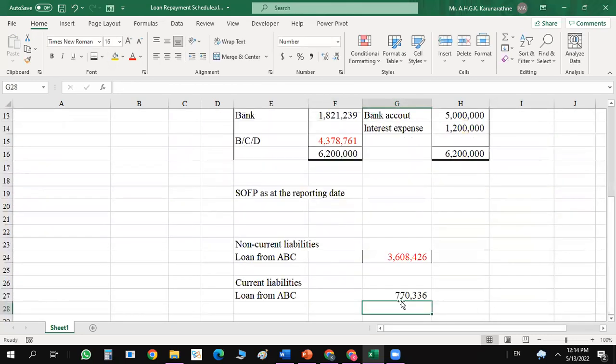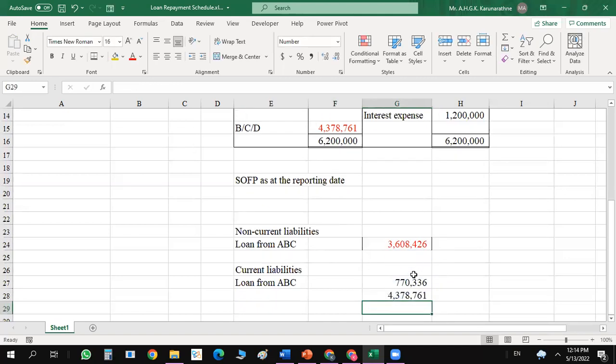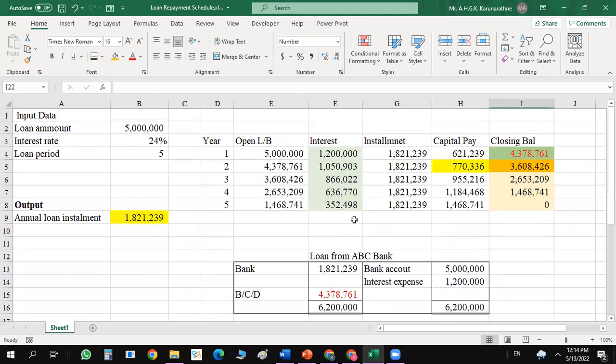Right, that's all. And if you want, you can get the sum, it's very clear. The sum is exactly equal to your total liability. So this is the advantage of preparing an annual loan repayment schedule, and you can have an idea of the total interest payment for the loan. By the end of the loan repayment, you have paid approximately